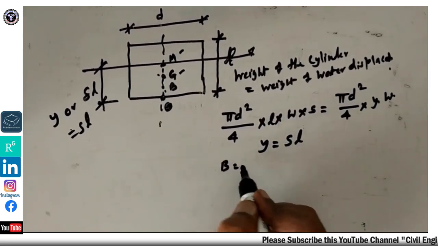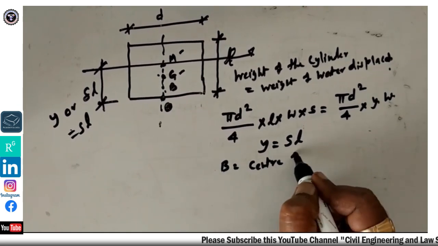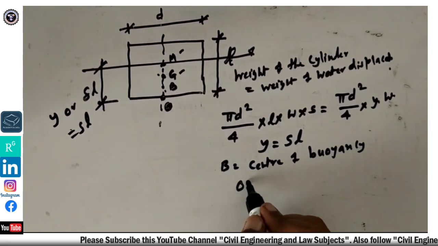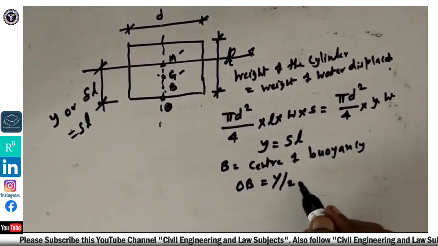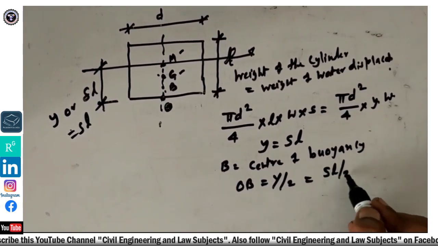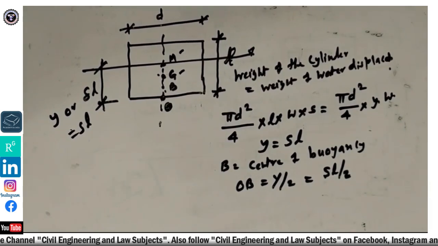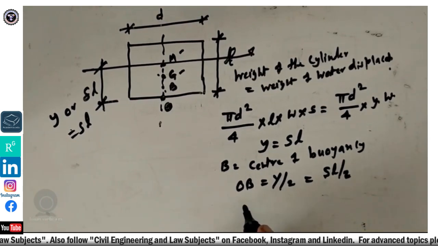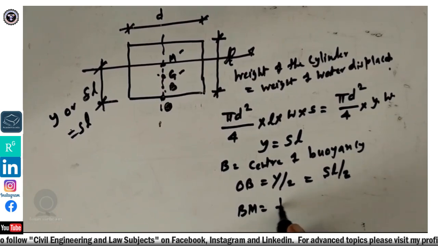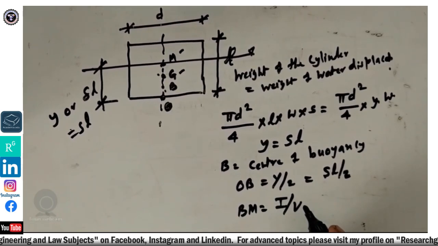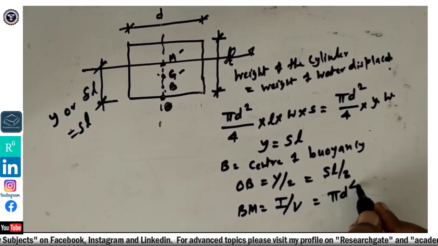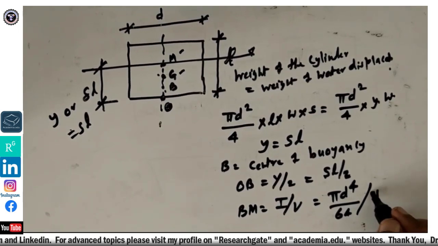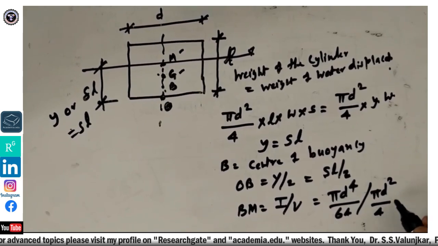B is center of buoyancy. So OB is equal to Y upon 2, which is equal to SL upon 2. S, what is S? S is the specific gravity of that wooden cylinder or floating cylinder. Okay, and BM as usual is I upon V, which is equal to pi d to the power 4 upon 64 whole divided by pi d square upon 4 into SL